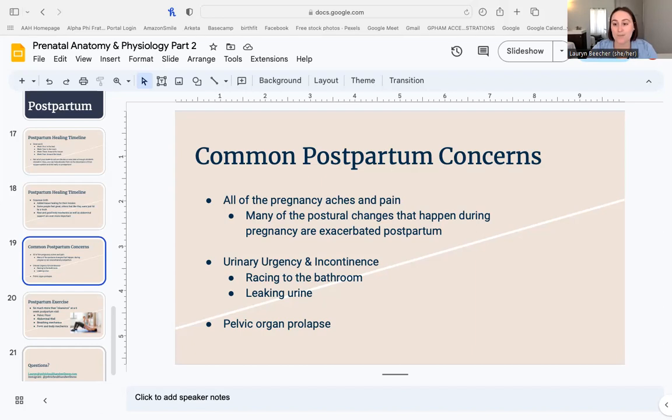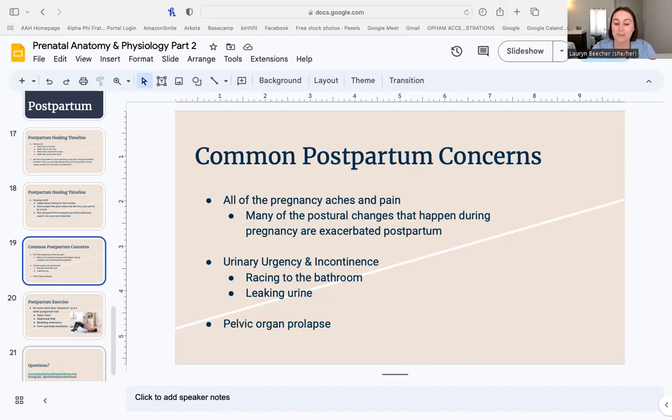So just keeping that in mind, that if someone is in your postpartum class and they don't feel comfortable doing something because they are leaking urine or they feel like they're going to pee, just having that in the back of your brain, that this isn't something that anyone has to live with. Crossing your legs and saying a little prayer isn't the only option.